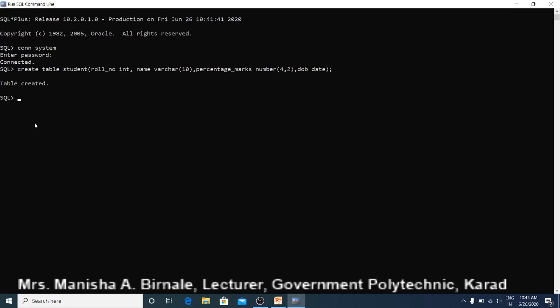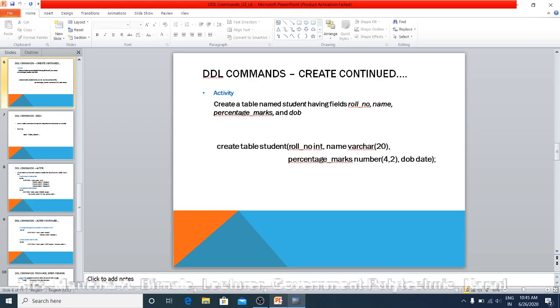Every table in the database should have a unique name. So you cannot create two tables of the same name. In this way we have executed the create table command, and this command is provided by data definition language, because we have defined the data, we have created a new table in the database.